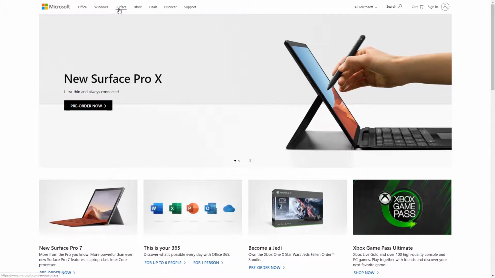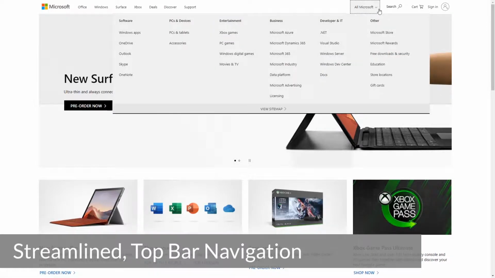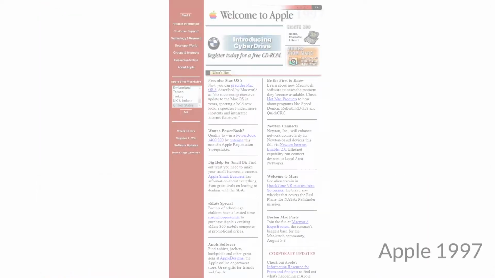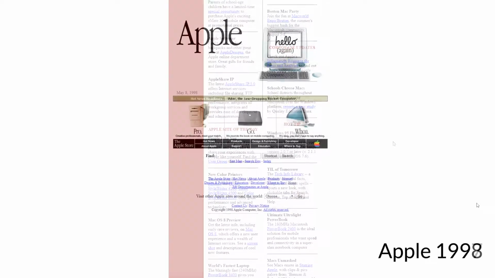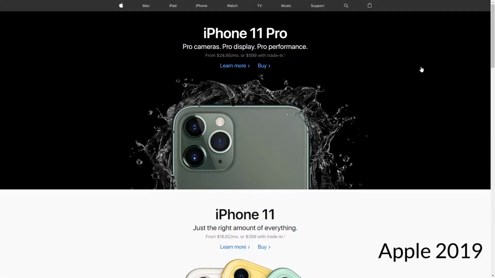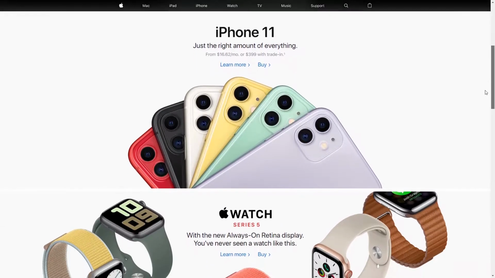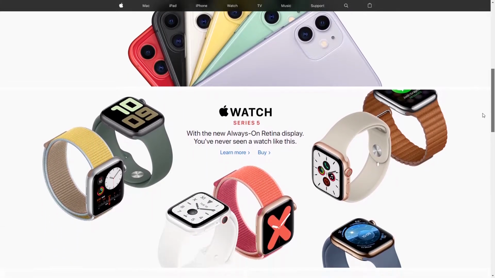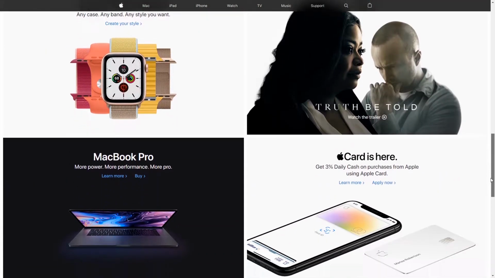The first trend is streamlined top bar navigation. Although over the years, navigational elements have been found all over the place on websites, to the left, to the right, nowadays most people expect a bar of navigation elements to occur at the top of the page. Websites nowadays also try to streamline that navigational bar more so than in the past, so that just the top level elements are visible without submenus and submenus and submenus going on forever.